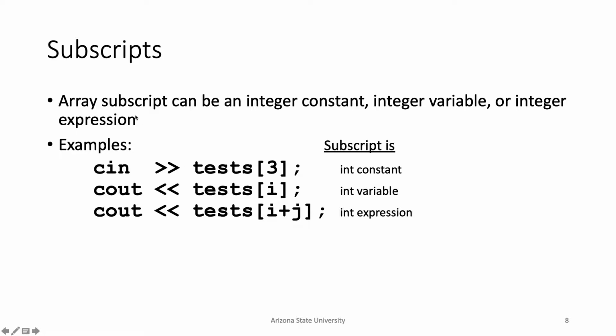Okay. So the thing in the square brackets, in addition to being called the index, is also called the subscript. So I could be accessing the 3rd index or the 3rd subscript, which means exactly the same thing. But of course, I could also access things in terms of a variable. So I don't have to put a specific integer in there as the index. I could put any variable in it.